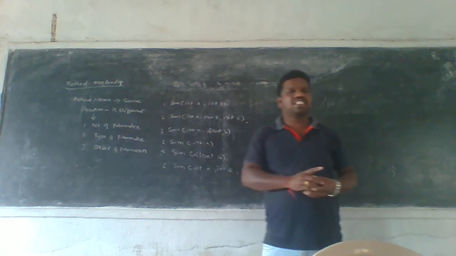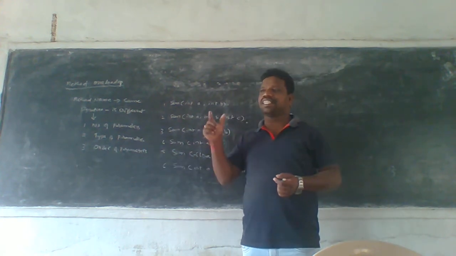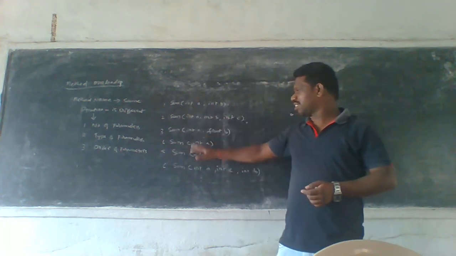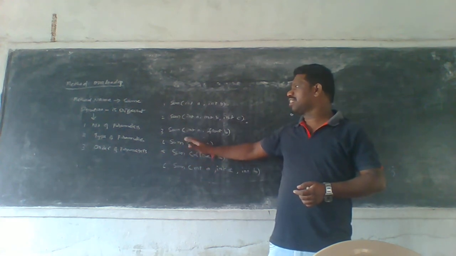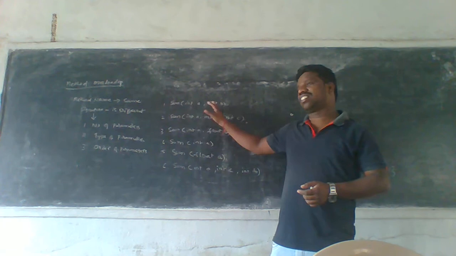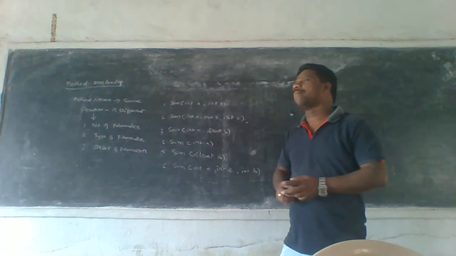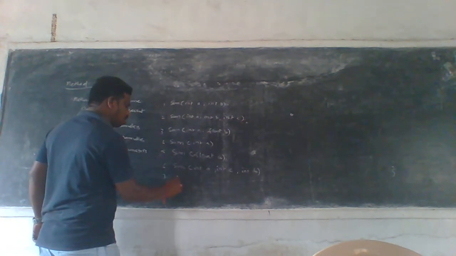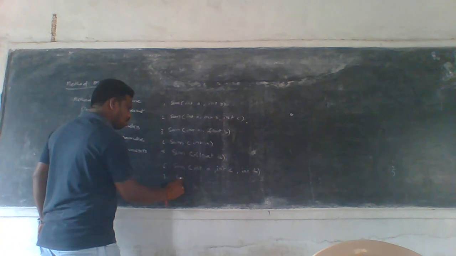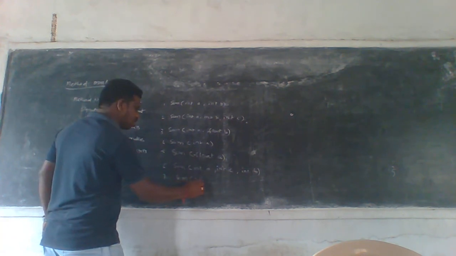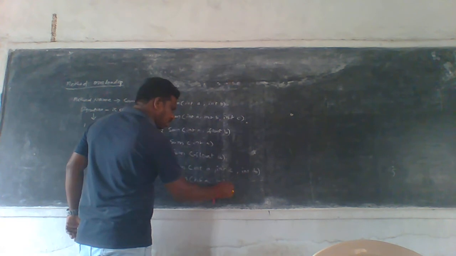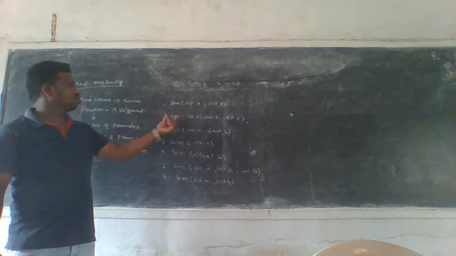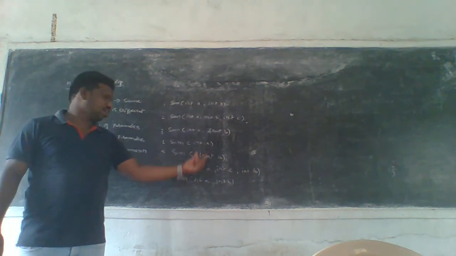Okay, method name must be same, and its signature is different; that is called method overloading. Here I am taking six examples having the same method names but different signatures. For example, another one: sum with int a, int b. But here the method name is same and the signature is also same.